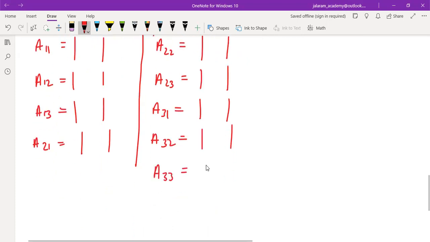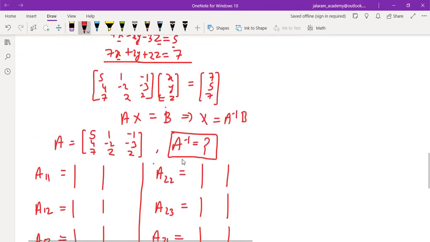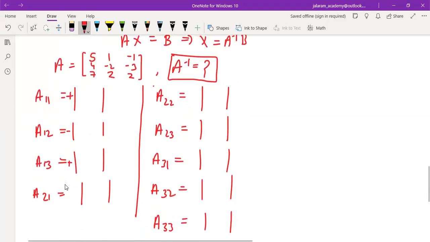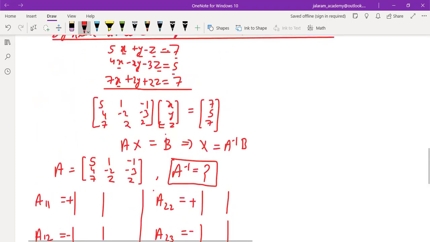These are the determinants which are obtained by deleting a row and a column. A11 means the determinant obtained by deleting the first row and first column, and it will be positive. First is positive, second is negative. The reason I have told you, but you can learn also: plus minus plus in the first row, second row minus plus minus, and then again plus minus plus. Or we can learn that for a 3 cross 3 matrix, it is alternating plus minus only. Plus minus plus minus plus minus, and then finally plus minus plus. And A11 is obtained by deleting first row and first column.